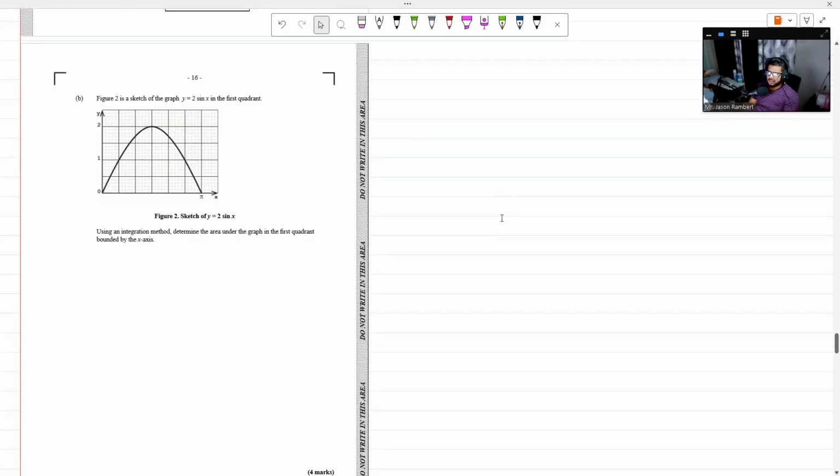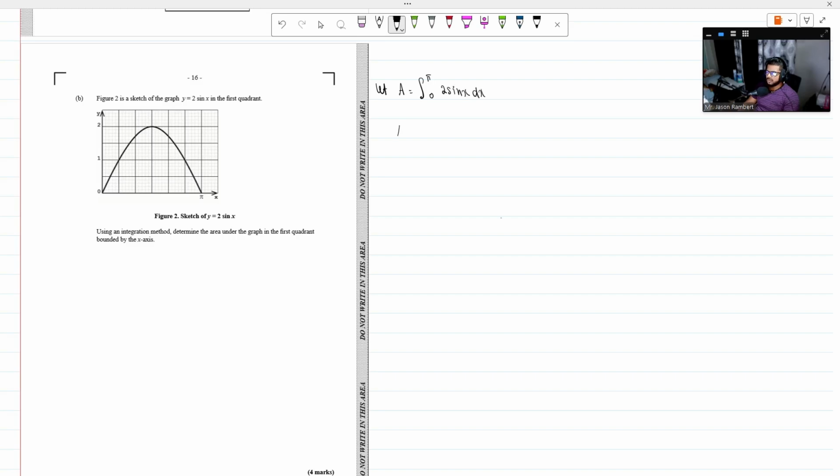Figure 2 is a sketch of a graph y is equal to 2 sine x in the first quadrant. Using integration, determine the area under the graph in the first. Alright, cool. Easy peasy. So I'm going to let A be the integral between pi and 0 of 2 sine x